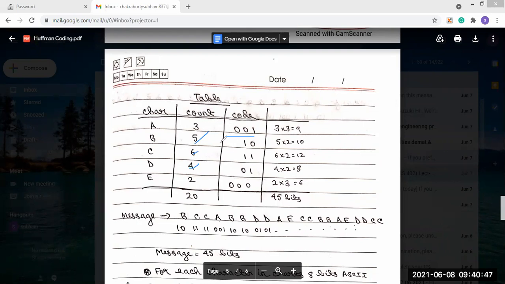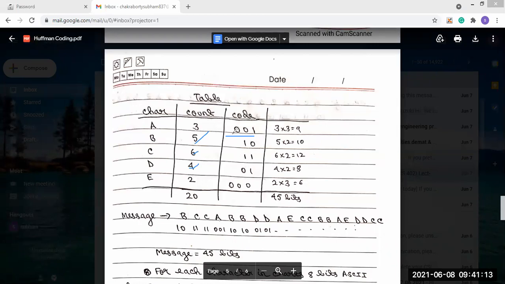So that's why you see that B is 10, C is 11. Appearing numbers are greater, so we will use a less size code. This is what Huffman says.